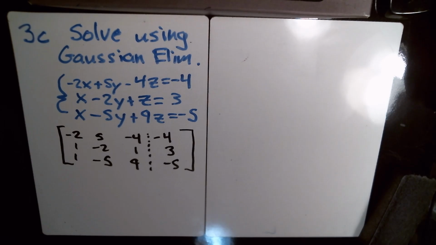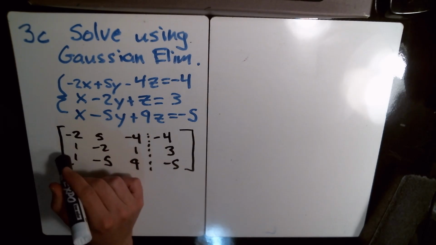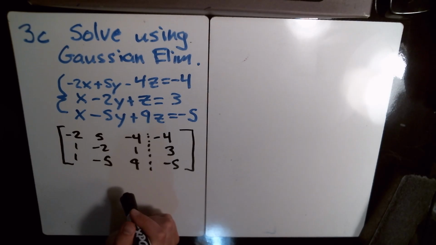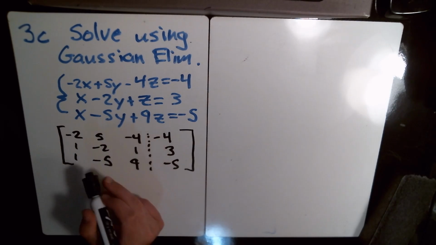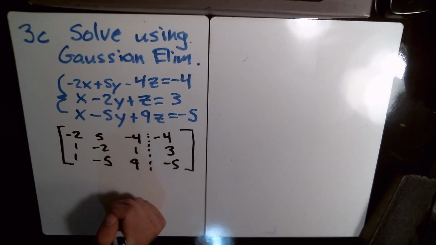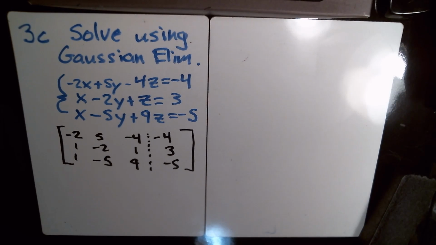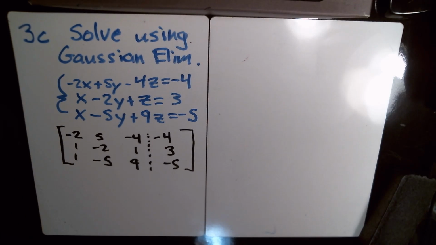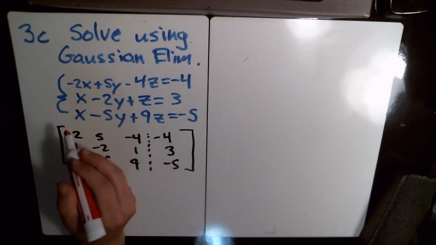Okay. So to solve this, we want to get this part to look like the identity matrix, or at least be in reduced row echelon form, meaning that there are leading ones in the rows and zeros below and above those leading ones. And so what we're going to do here is get this to look like the identity matrix. In Gaussian elimination, your first step is